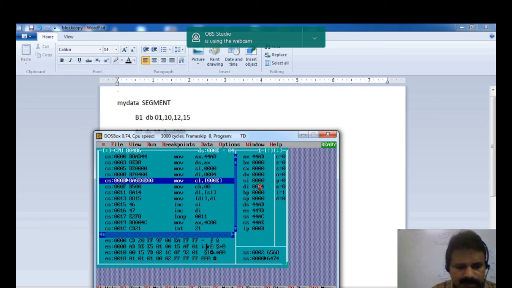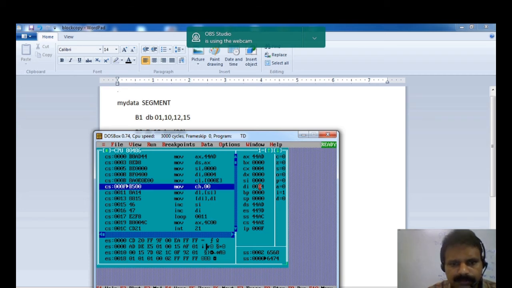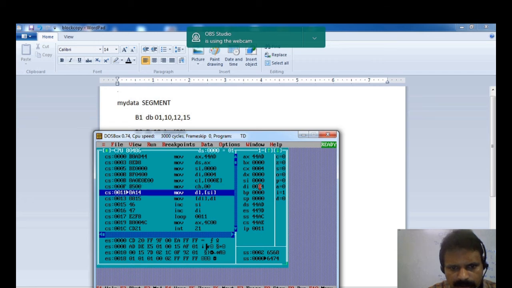Okay, now CL will be initialized. You can see CX carries the value 0004. Now I am moving the first data, it is 01. You can watch the DL part of the DX register. See, it is filled with 01.